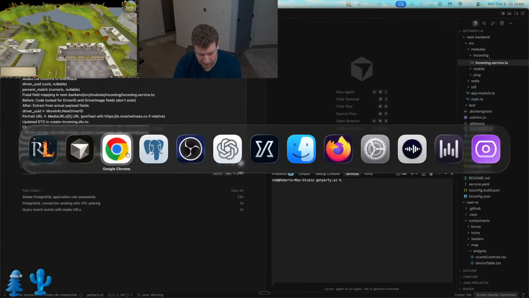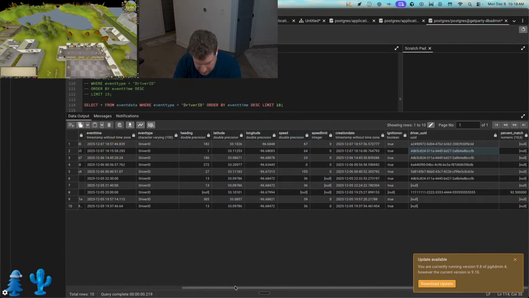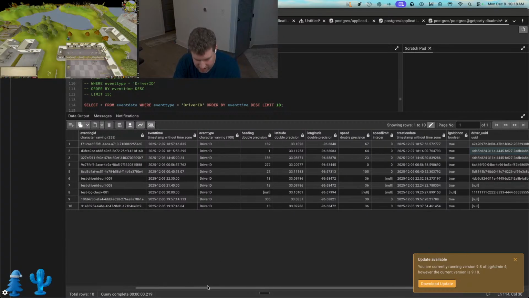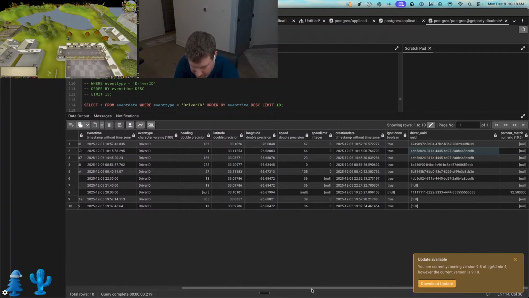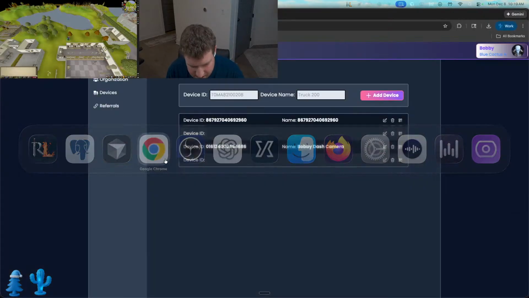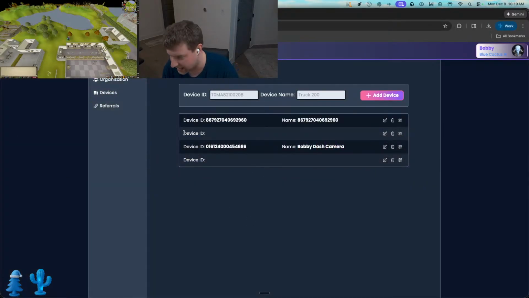Then we're going to create a front end that displays all of these driver ID event types. Each one of these driver ID event types has a driver UUID, right? So what we need to do is map this driver UUID that we're getting from the camera to our existing driver table. And so the idea is that a fleet manager or a fleet admin